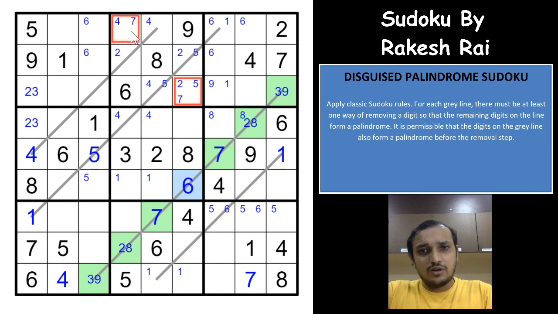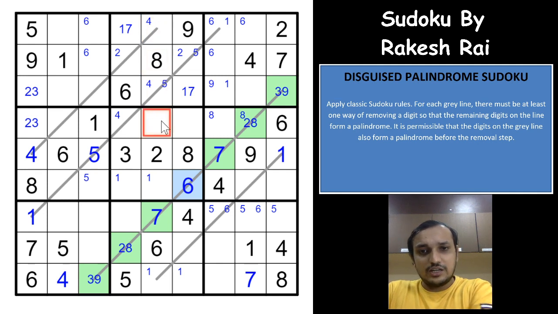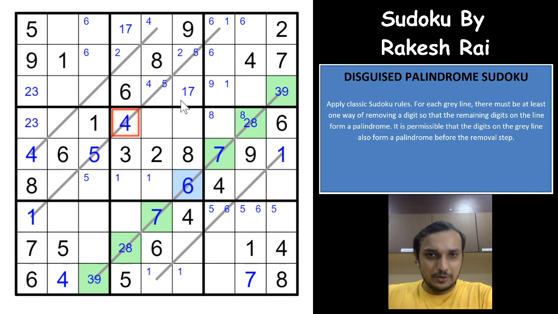And now you have a 1-7 pair here in this box. 7 also would have to be in one of these two cells, 1 also would have to be in one of these two cells, right? Which means that 4 in this box will have to be in these two lines, a pointing pair of 4 that eliminates 4 from this cell, and you have a 4 here, right? Okay.